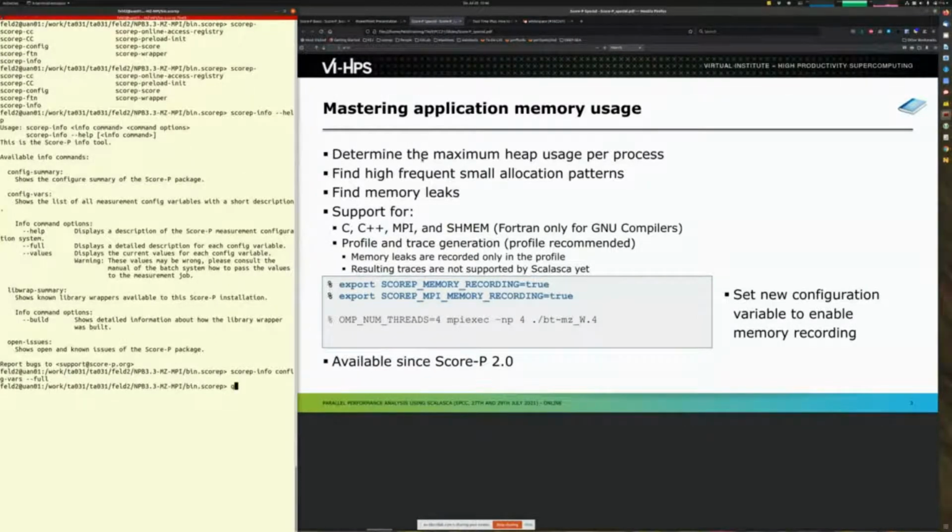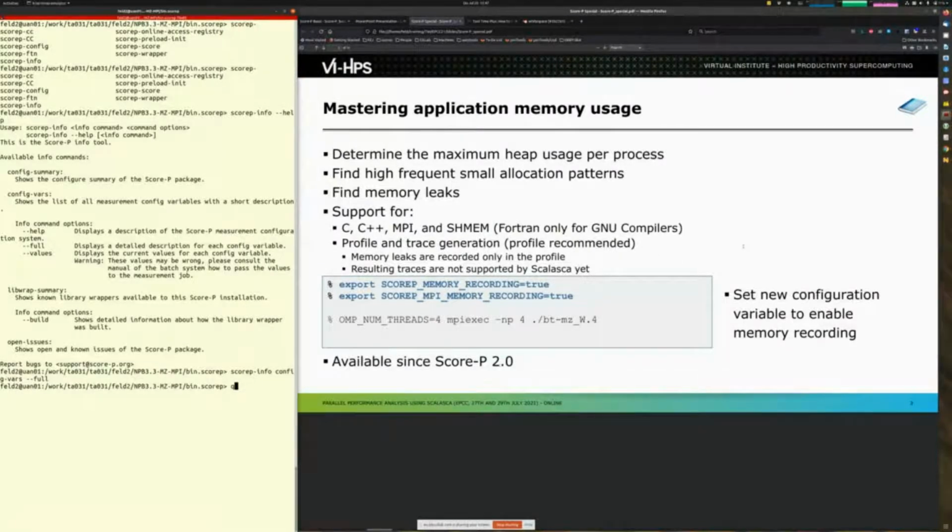Okay, so I now want to highlight some of these environment variables. For example, here this memory usage environment variable. If this is set to true, this copy memory recording or MPI memory recording, then we intercept calls to malloc, calloc, realloc, free, new, and delete. This usually works for C and C++. For Fortran, it only works with the GNU compilers, as the GNU compiler maps to the C allocation functions. Similar for MPI. There's also, I think, some version for shmem if the Scorpy installation supports shmem,